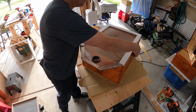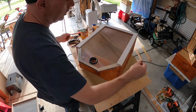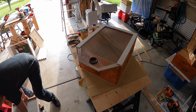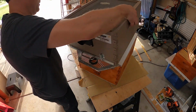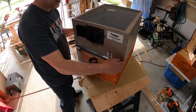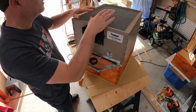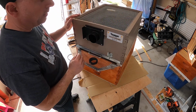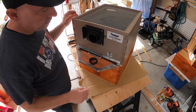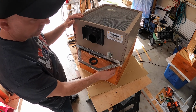So again, let's just say that we're going to go ahead and drop some bees in here because we were in a rush. So we would set our capture box from the Colorado Bee Vac on top here. And again, we vacuum bees, we close this up, the bees are all buzzing in here, and we've got to move. So we're in our bee suit, whatever, right? Put the bees up here, unlock this one,